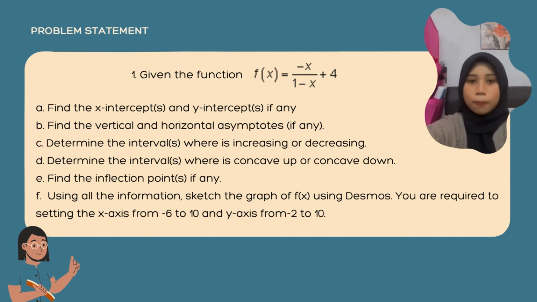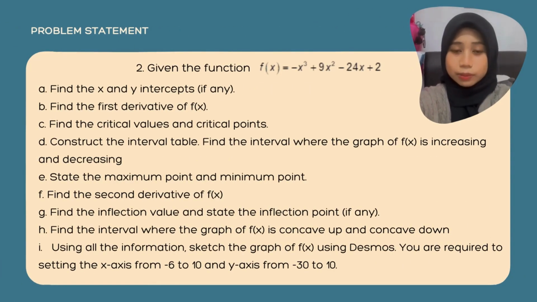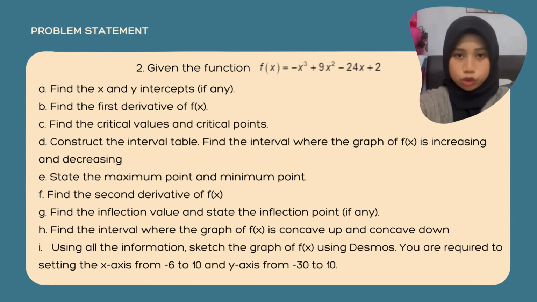And lastly, by using all the information, sketch the graph of f(x) using decimals. You are required to set the x-axis from negative 9 to 10 and y-axis from negative 2 to 10. The second problem statement is, given the function f(x) equal to negative x cubed plus 9x squared minus 24x plus